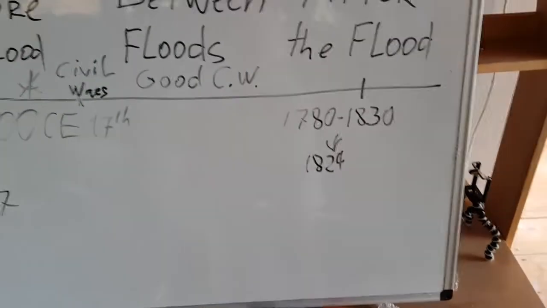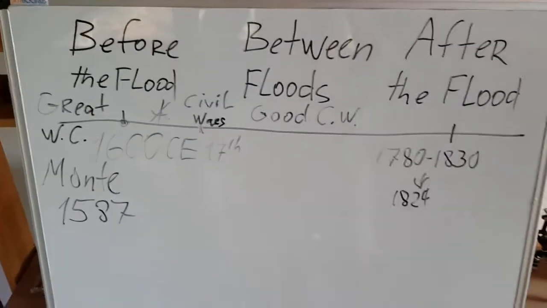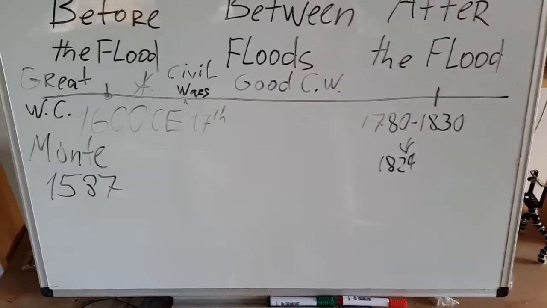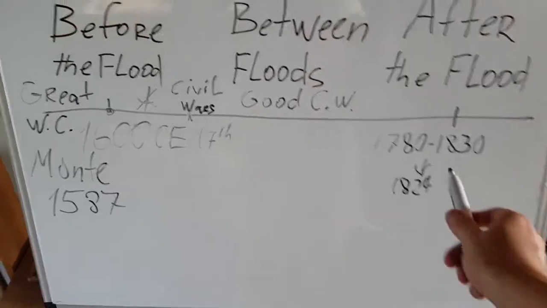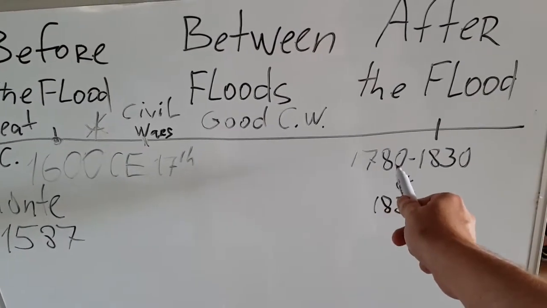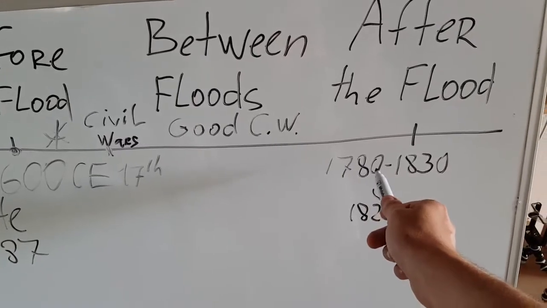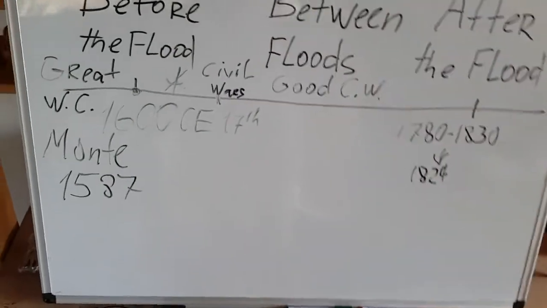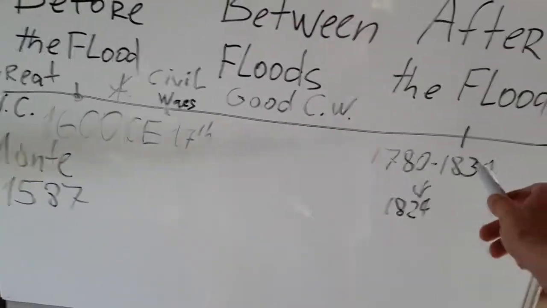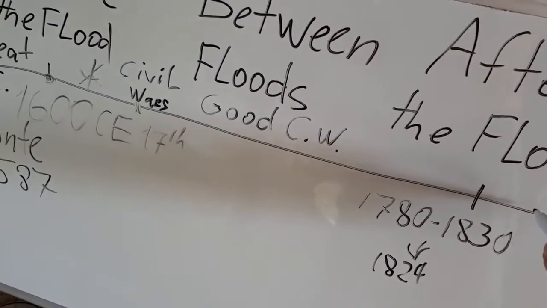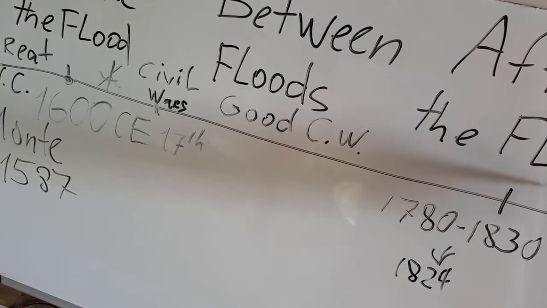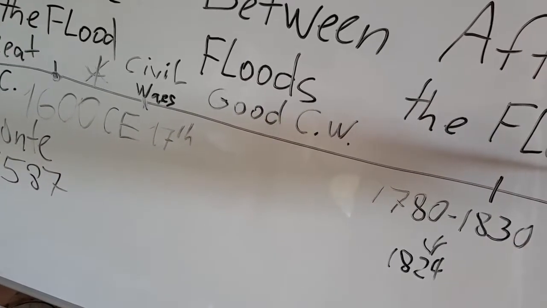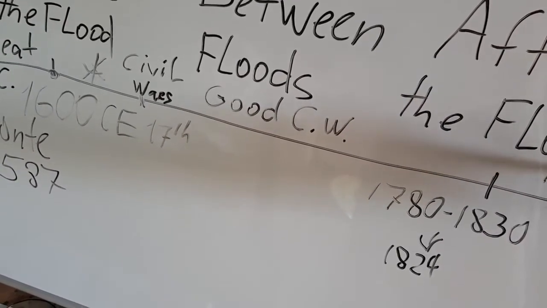And that flood covered most of the known world in 1824. But the conflict began much sooner. It began much earlier, in about 1780. So, and then after 1830 to approximately 1861